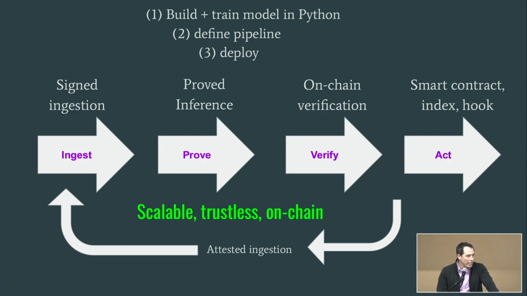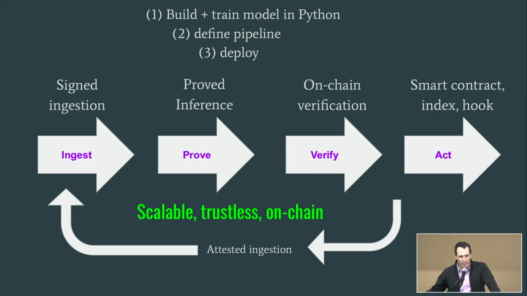So what does a pipeline look like? Basically, it has four parts. There's some kind of truth from the world. You download a signed piece of data from a news organization. You download a piece of data from the chain that's attested to, and then you check a signature. That's ingestion. Then you run the model, which proves that you've computed this function correctly. Given these inputs, if you believe them, you get an output.